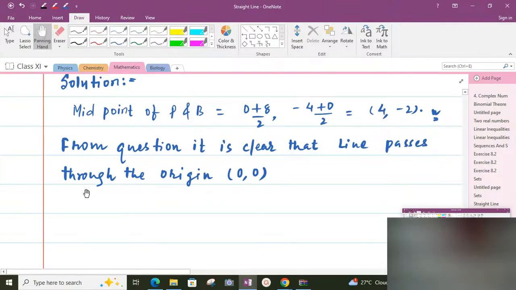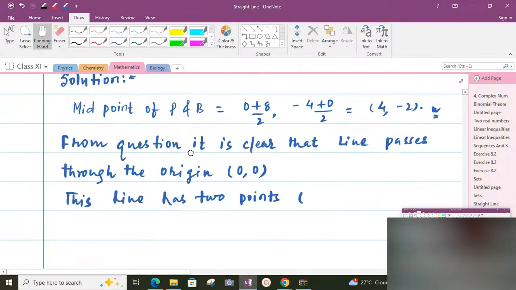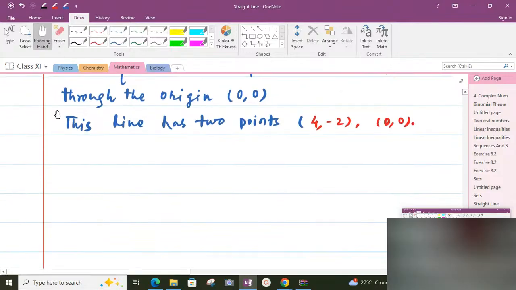So we write down here, this line has 2 points, coordinates are (4, -2) and (0, 0). Therefore the slope of this line,